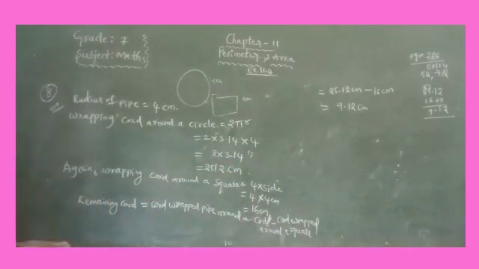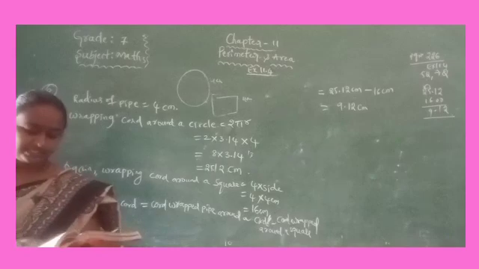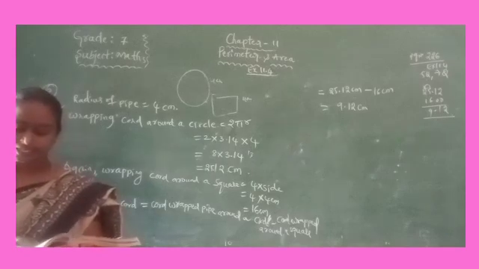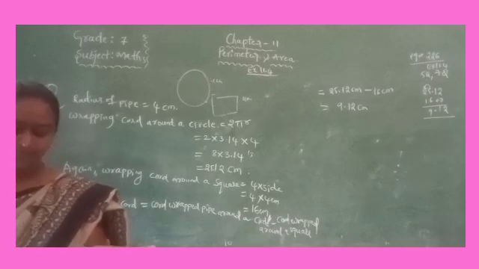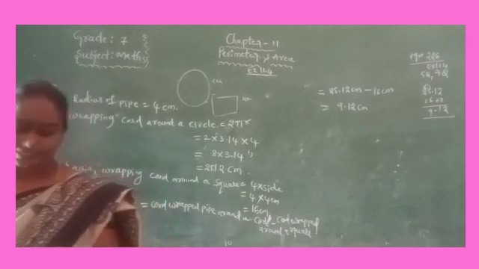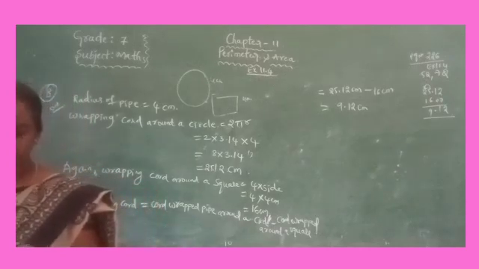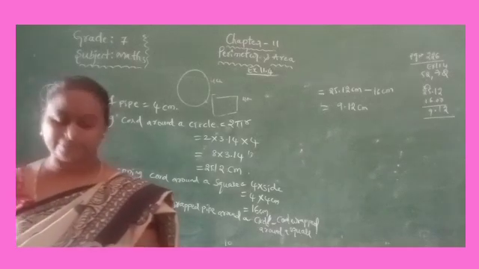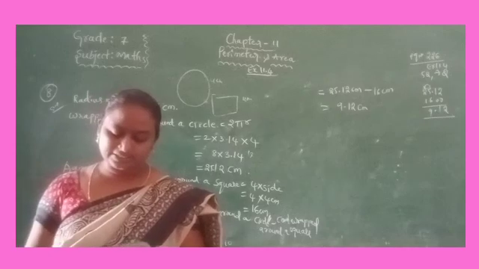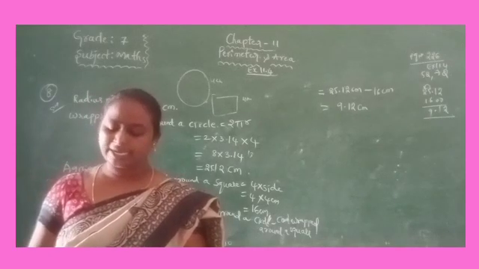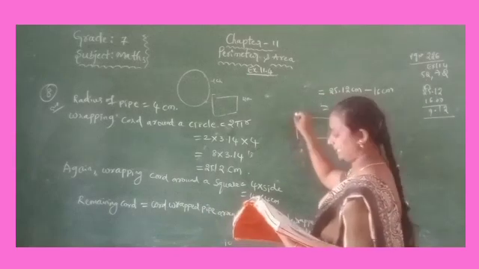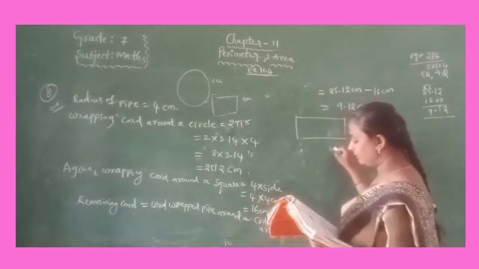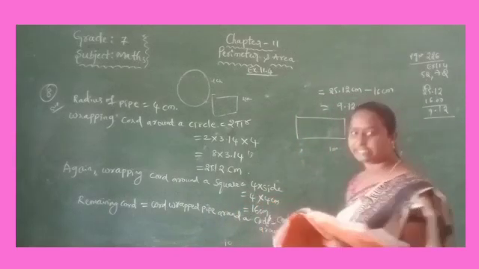Right? Okay. So next, see, the adjoining figure represents a rectangular lawn with a circular flower bed in the middle. Find the area of the whole land, the area of the flower bed, the area of the lawn excluding the area of the flower bed, and the circumference of the flower bed. So here, given the area of the whole land. Land is in the form of a rectangle, length is 10 meters, breadth is 5 meters.